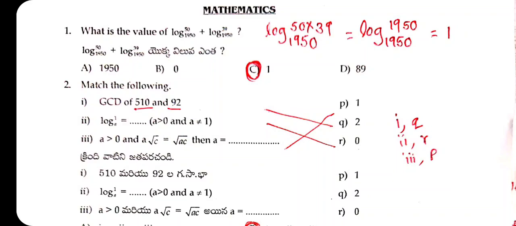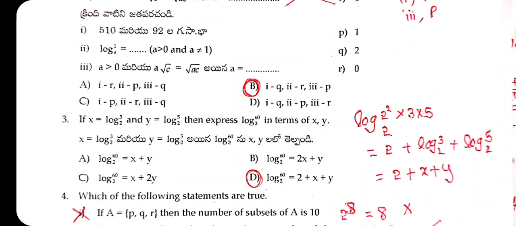In the third option you need not do anything, because two options are already connected, so the other option is automatically connected with that problem. So the third one is answer 1. If you clearly observe, A is equal to 1 only. We can say that root C is equal to root 1 into C, root C is equal to root C. So option QRP, that is B option.